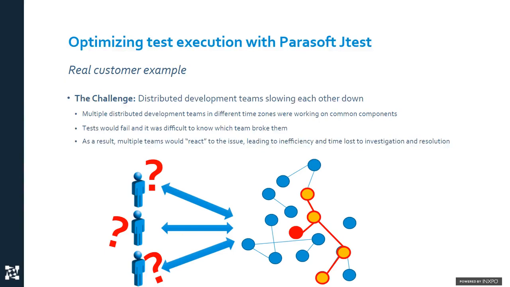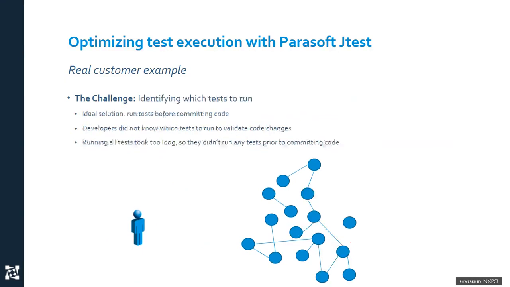So all of a sudden, different teams would be saying, hey, I see that there's a problem, and they would be immediately on top of how to fix the problem. It ended up with a lot of team inefficiency. So what we did was we introduced them to this test impact analysis and how we could optimize the process. As we were doing that, though, they said, okay, so let's say I'm an individual developer,